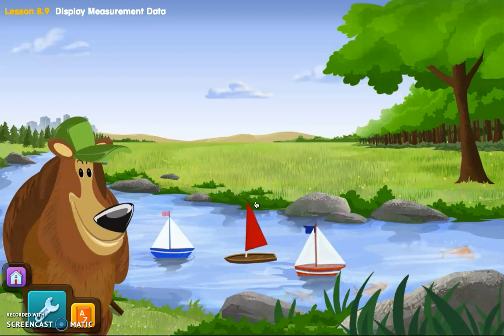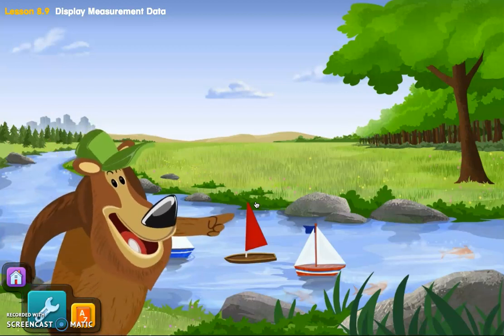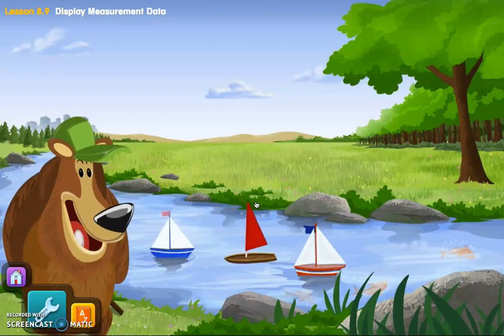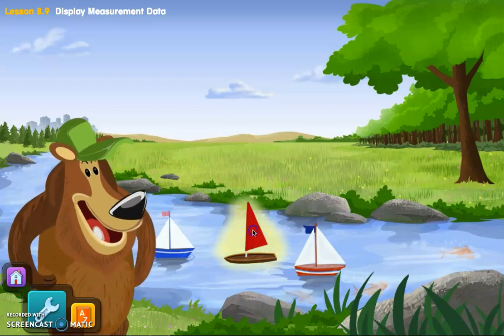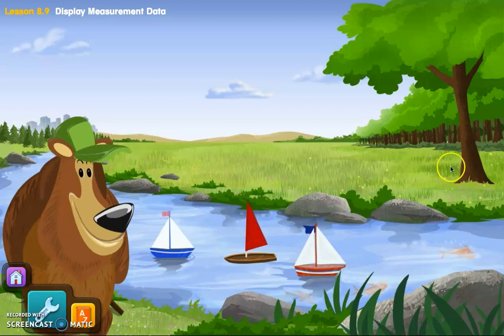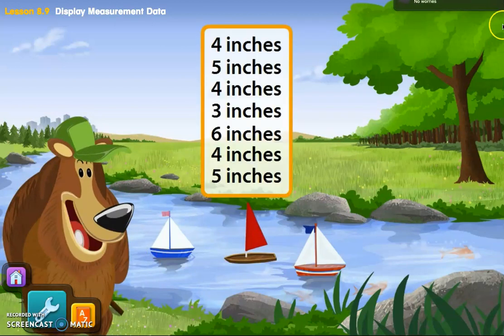Hello! My friends and I come to the river to sail our toy boats. Sometimes we race them. There'll be a lot of toy boats today, and they all have different lengths. Click this boat to check it out. I wonder how I can show the measurements of all the boats. Maybe I can use a line plot to show the data about the boats. Well,